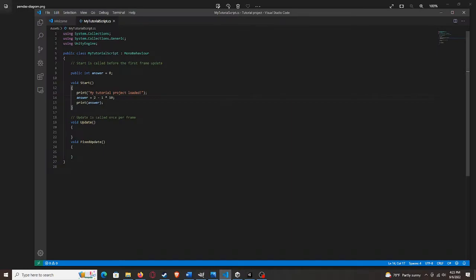So basically what's happening is it's doing 1 times 10, and we're getting 10 because of the 1 times 10, and then this operation goes second, 2 minus 1, which is 1,